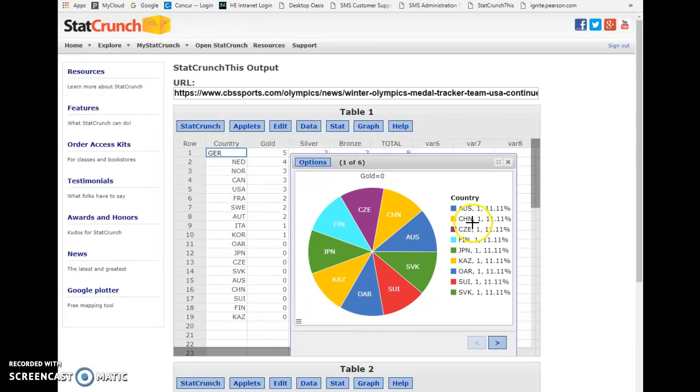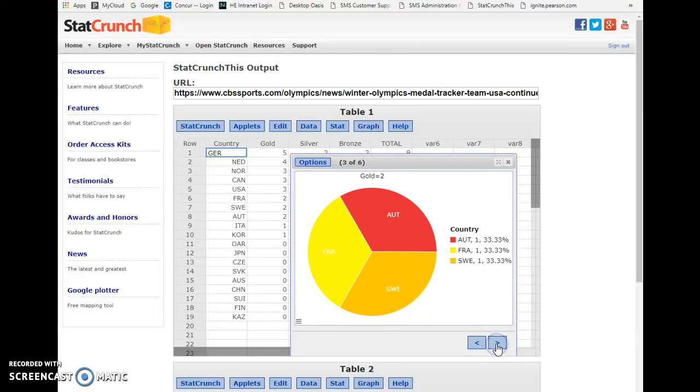We have now a simple pie chart, and it lays out all the countries and their gold medals, and as you can see it's pretty even distribution right now, and you can scroll through and very quickly we can find that the Netherlands, hey, they only like gold. They're not interested in silver or bronze. But as you can see really quickly, you can take statistics, bring it into the classroom, make it engaging,